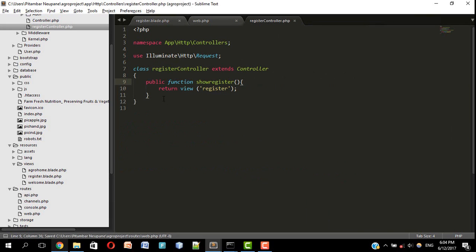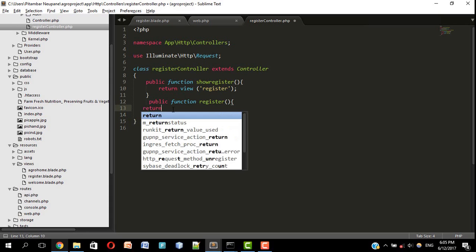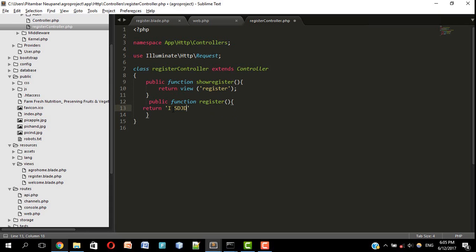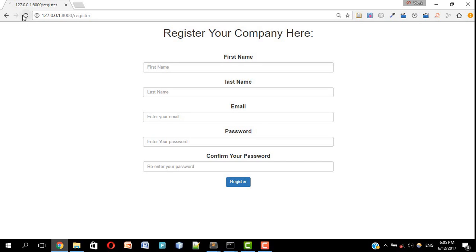Now I need to go to my register controller and create a new function. I'm going to copy it and paste it, so my function will be register only. I have to throw this out, so this is fine. And I want to return something here, to see if it registers or not. So let's refresh it, and I want to register,